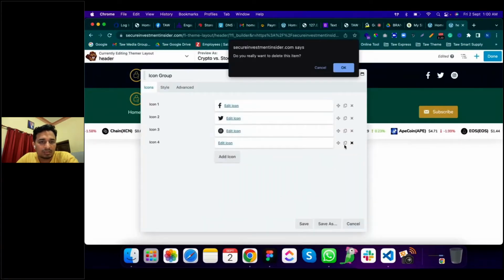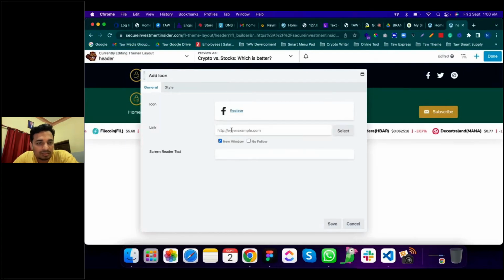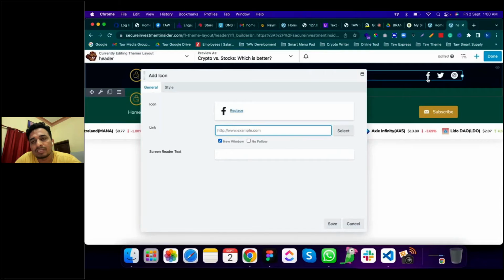So I'm removing this. And if you want to add the social media links, click on edit, and you can see this field, the link. Just paste your Facebook URL and click on save button. And if you check this new window, when a user clicks on the Facebook icon, the user will be redirected to the new window, and your